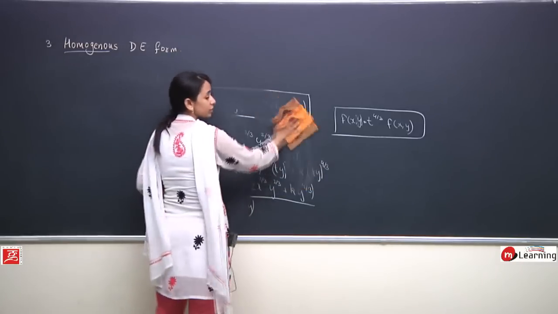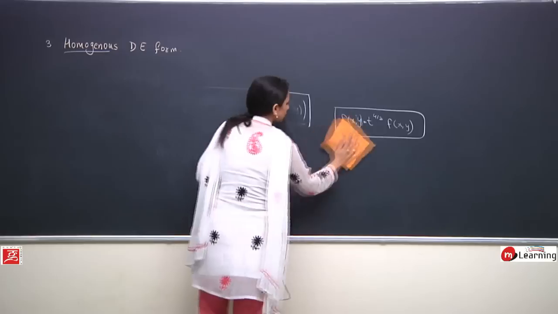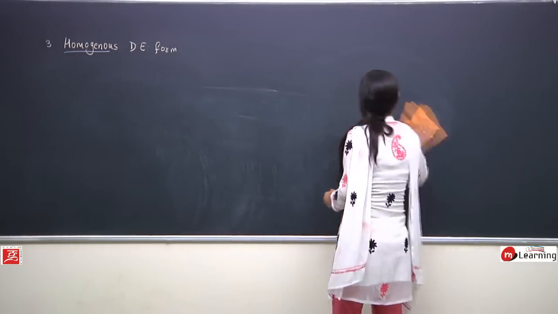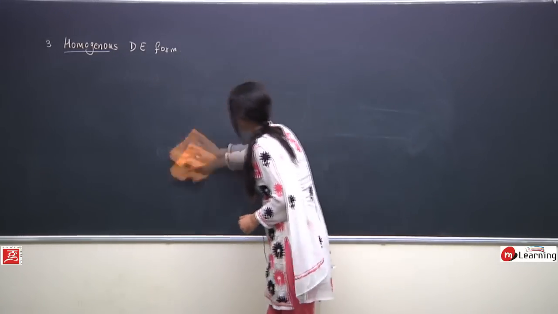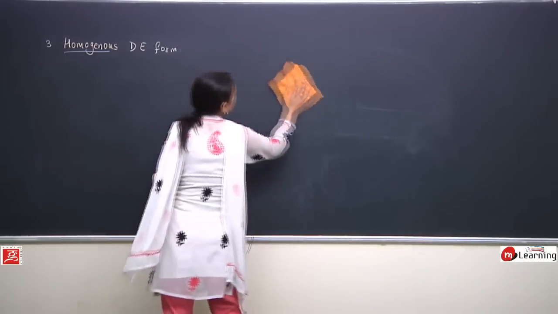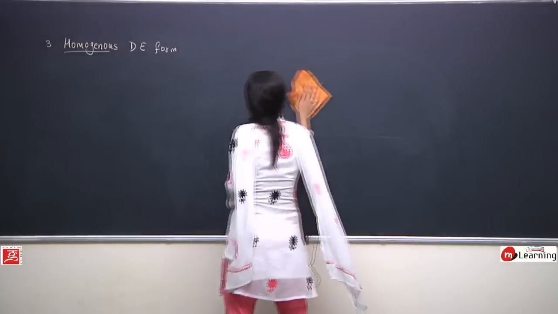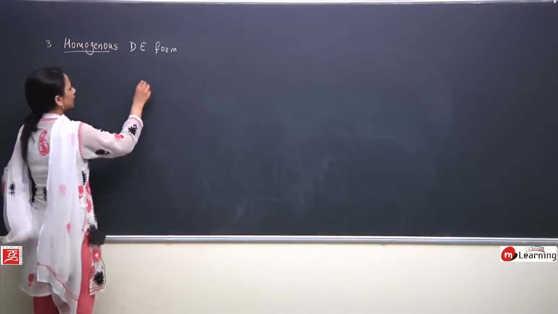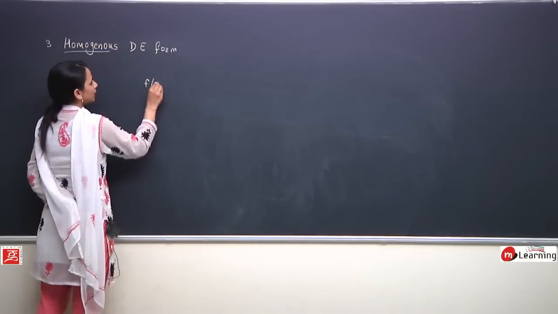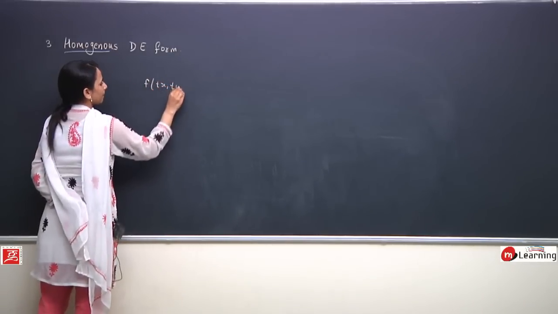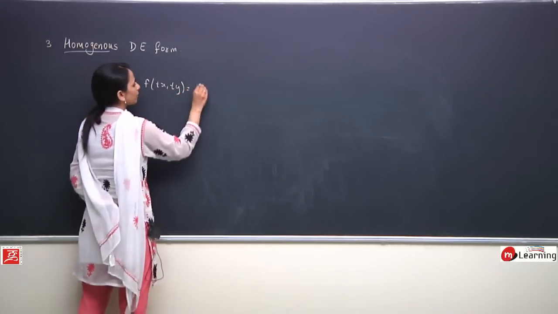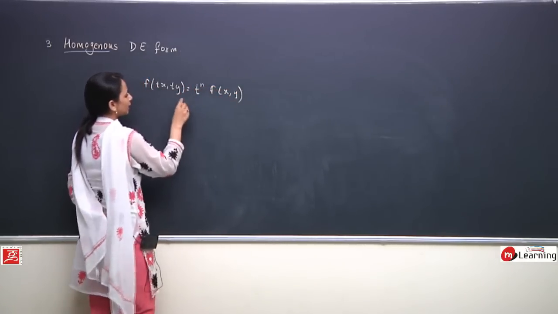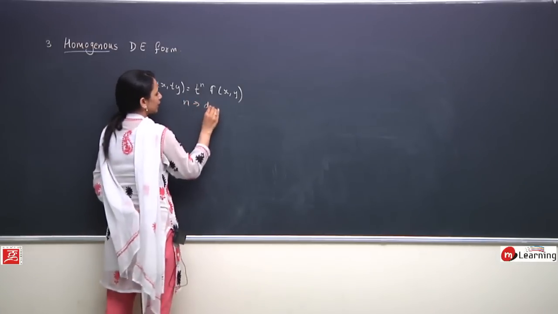Now let us understand what is a homogeneous differential equation. This is the definition of a homogeneous equation. अब देखते हैं कि homogeneous differential equation हम किसे कहते हैं. So homogeneous equation की condition है that f of tx ty is equals to t to the power n f of xy, and n is the degree